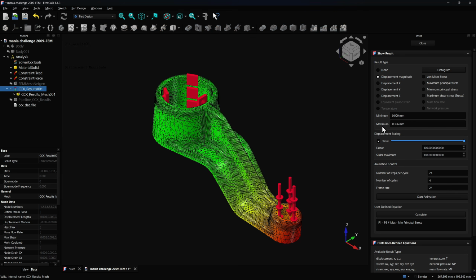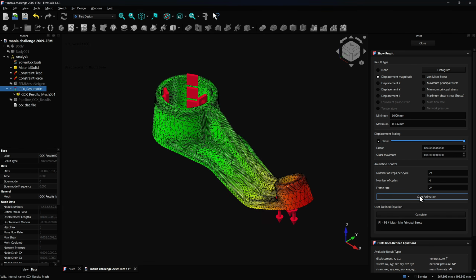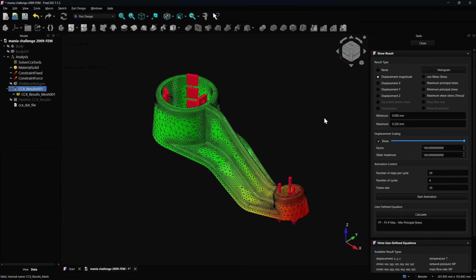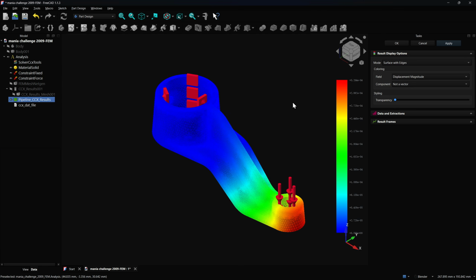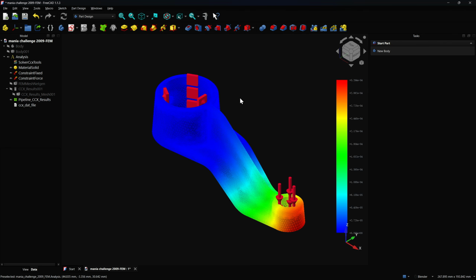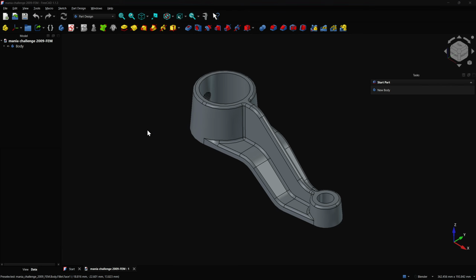In this video, I will show you how to use the FreeCAD FEM to run a static analysis. This example is phase 2 of the SolidWorks Manual Challenging 2009. You will learn the workflow from the 3D body to the final color scale result. And you can find the video I created before for the modeling of this body, and I will put the